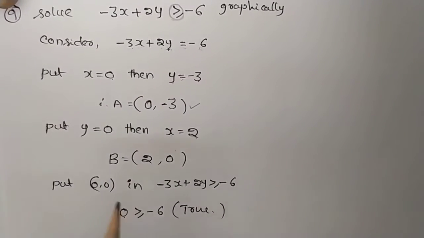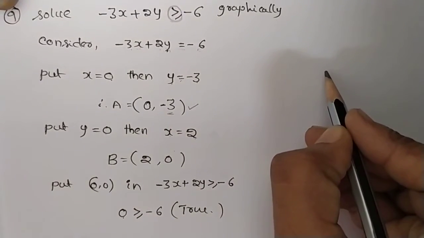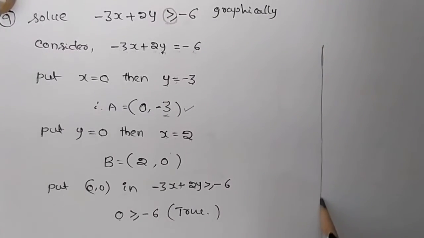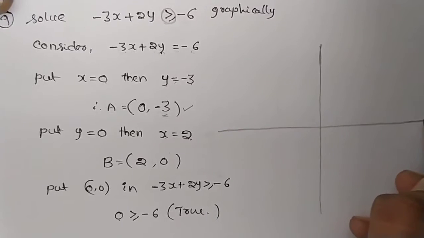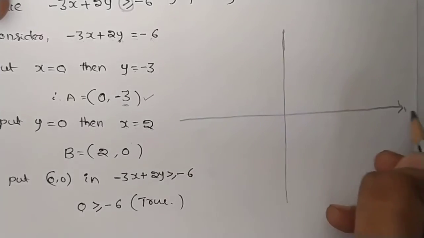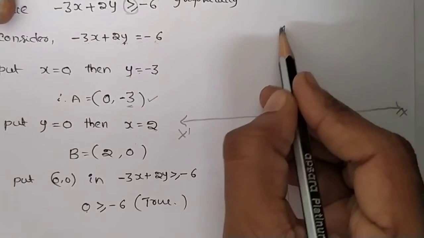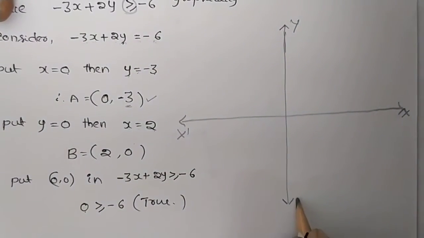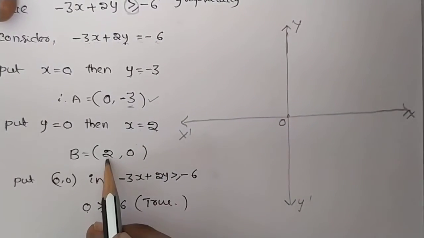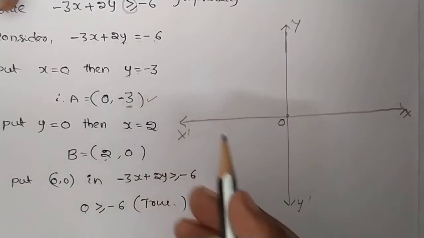Now, take a graph. Here we have minus 3, so take the negative x-axis and negative y-axis also. Let us consider the xy plane including the negative x-axis and negative y-axis. It is x and it is negative x-axis. It is positive y-axis and it is negative y-axis. It is the origin. The maximum value of x will be plus 2 and the maximum value of y will be minus 3. So take 1, 2, 3 only.